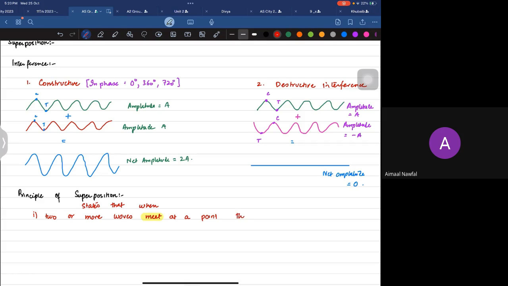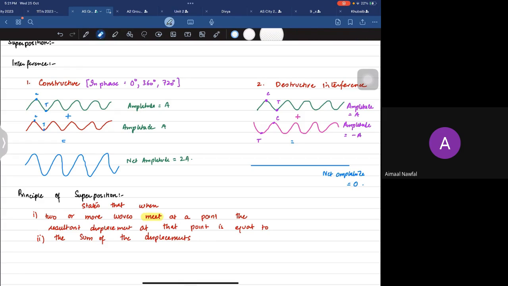The resultant displacement at that point is equal to, now the second mark starts, the sum of the displacements of individual waves